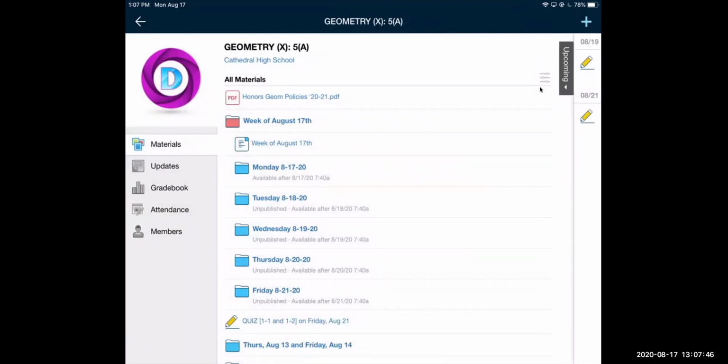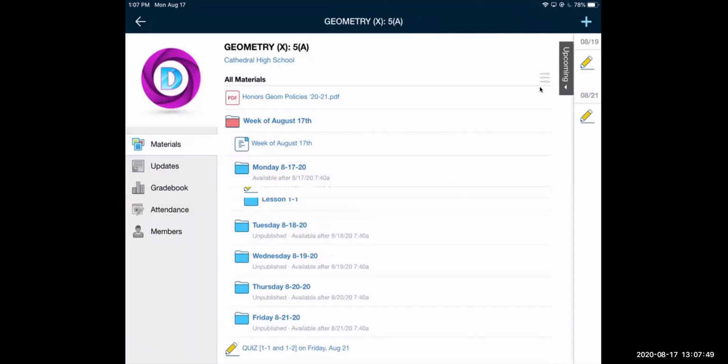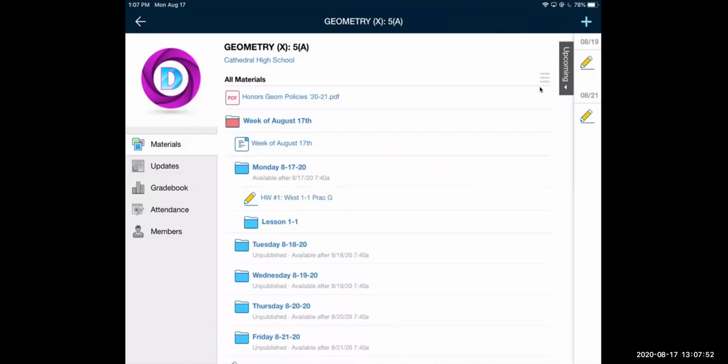And then every day a folder will appear for that day, stuff that you need. This is different than how I usually organize things when we're together in class, but when we went virtual at a minute's notice last spring, I decided it was going to be a lot easier for everyone to follow by day when you're not in the classroom with me. So I'm just going to start it that way this year, knowing that there will be people from home and maybe I'll be at home and whatever. It's just easier to follow when you know that you can just go to that day's folder and everything should be there. Okay, so